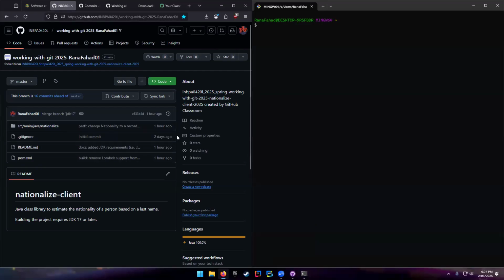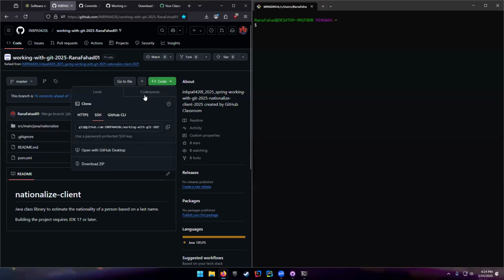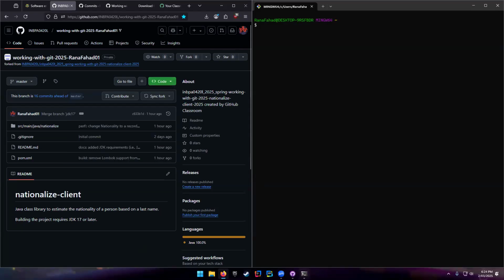So now you have a repository. Mine is what it's supposed to look like when you're done with all the homework. So you go to this code button and you go to HTTPS, and this is the URL. So you copy the URL and remember Git Bash. This is where Git Bash is going to come in handy as well. So you will go to a directory, right? Like in my case,